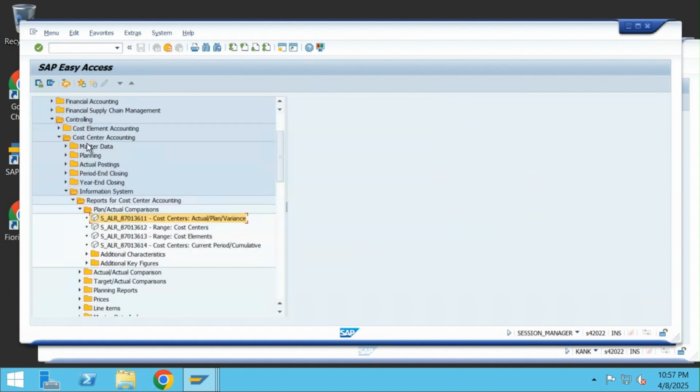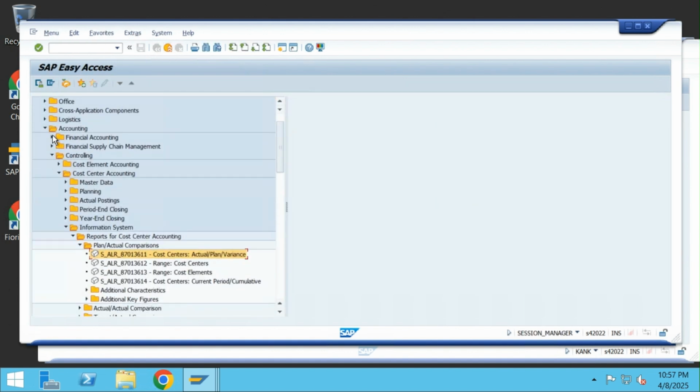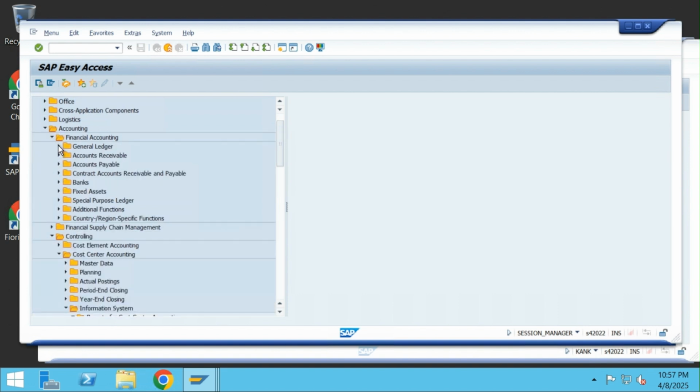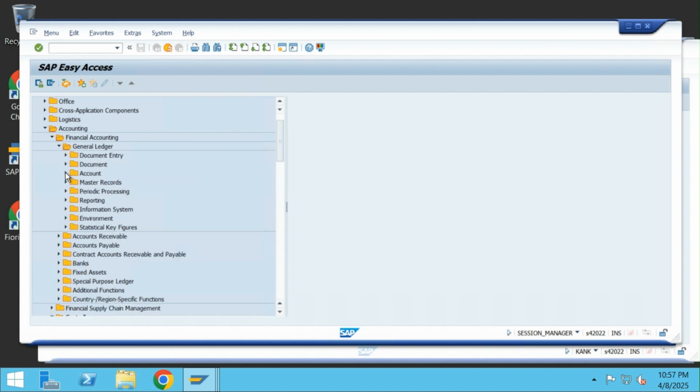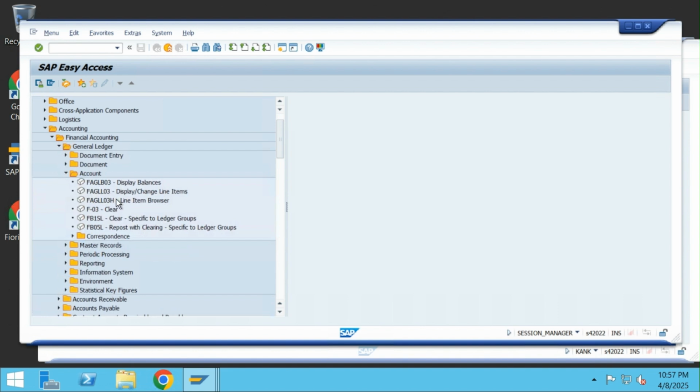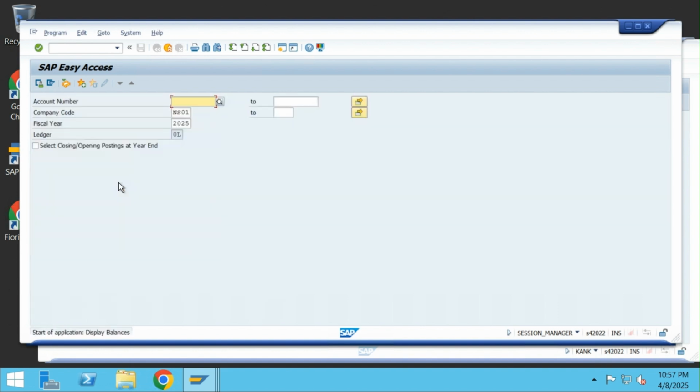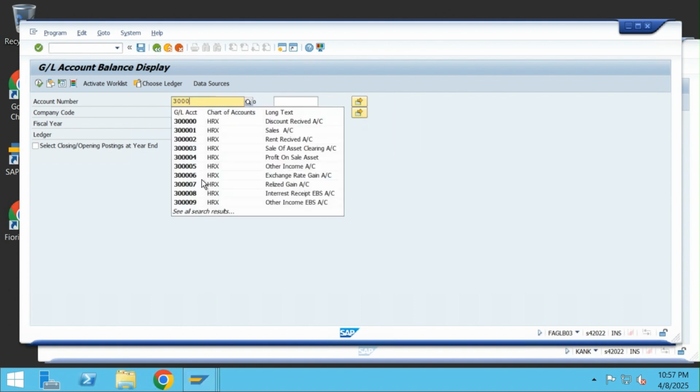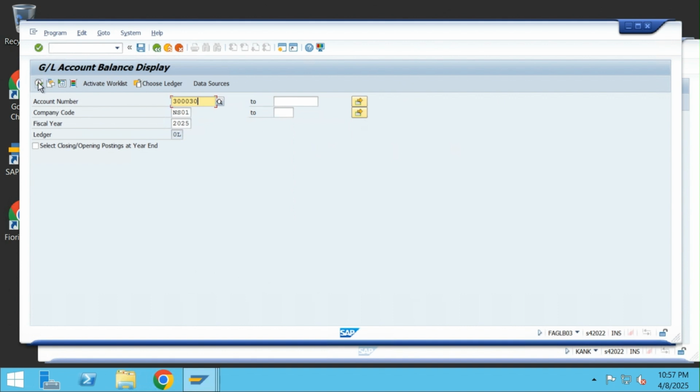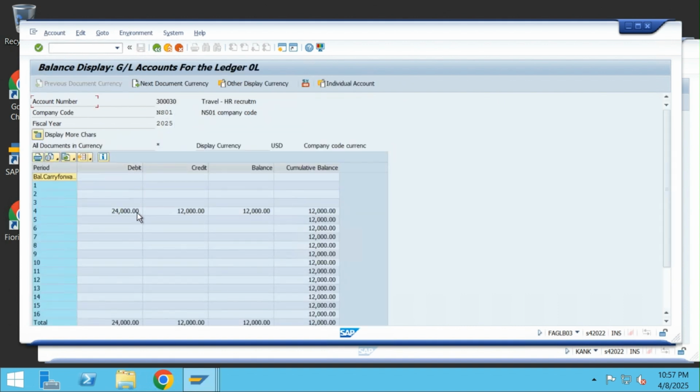Now let's look at the GL document for this. Let's go back. So financial accounting, and then general ledger, account, display balances, and account number was, so it is this one. And let's execute. Okay, so 24,000 was debit, 12,000 was credit. So the original one, so if you look at this,